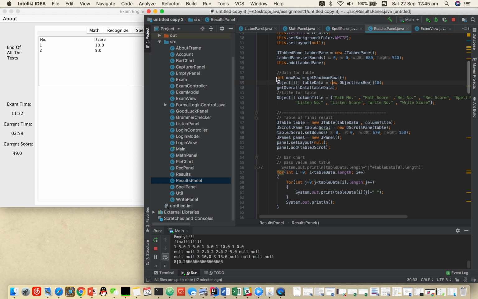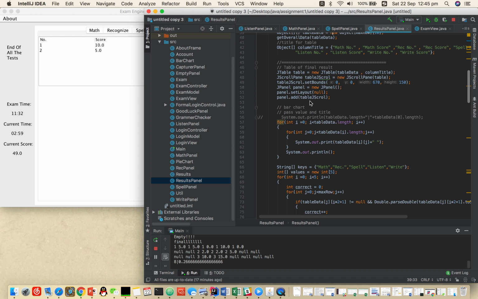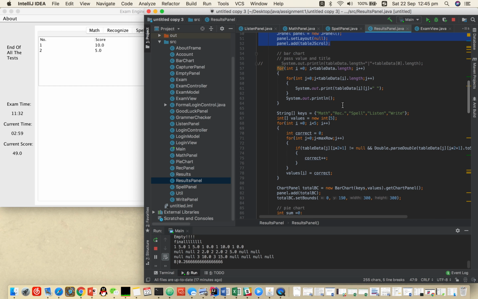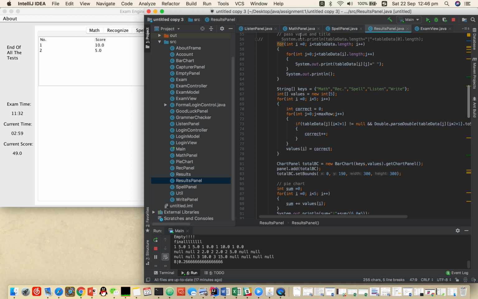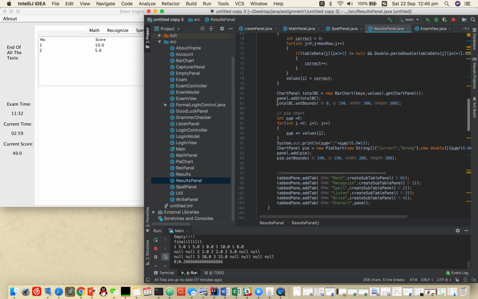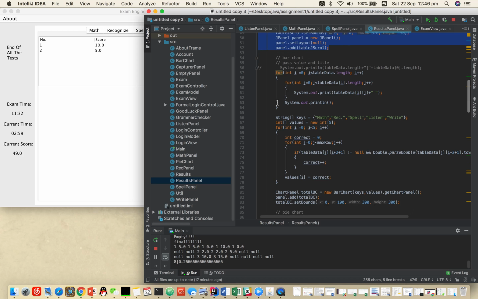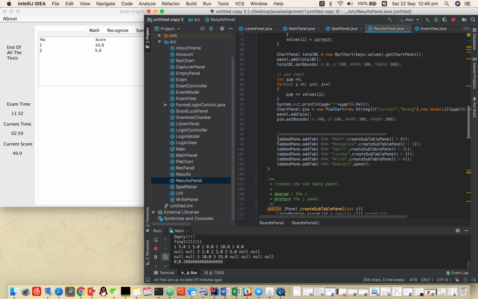And here's the data for the table and the title. And here is where we draw the table. Here we handle the data. This is the bar chart, and this one is the pie chart. Here's for adding the